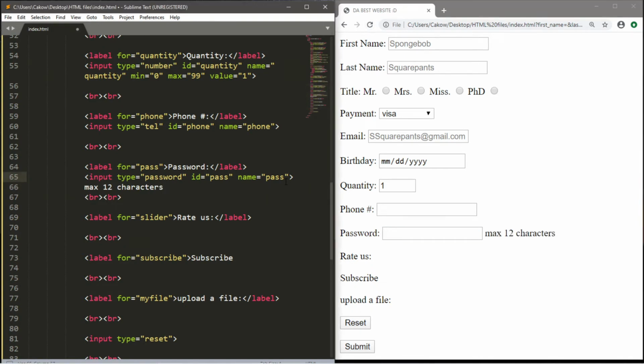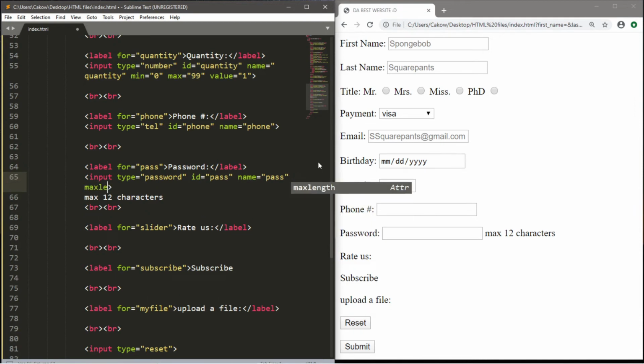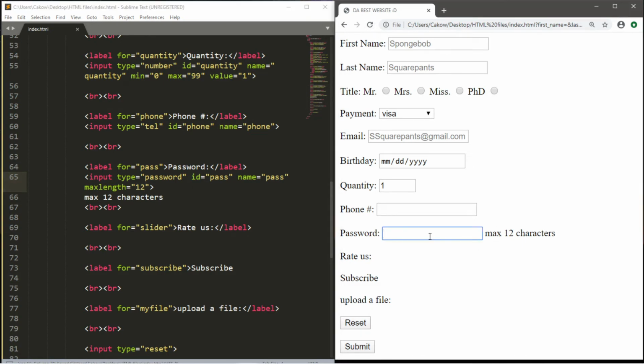All right, within the input element of our password field, we're going to use the max length attribute, and let's set this equal to 12. Let's save, reload, and let's attempt to type in more than 12 characters. So 1, 2, 3, 4, 5, 6, 7, 8, 9, 10, 11, 12. And that's our limit, so we can't type in anymore. So that's a good way to limit user input for a password field.